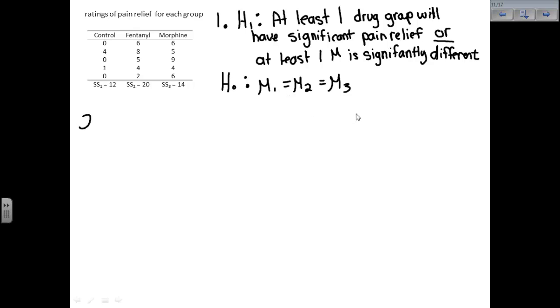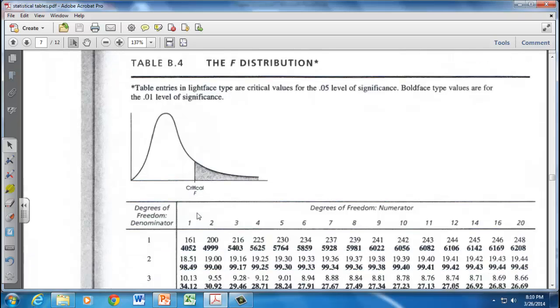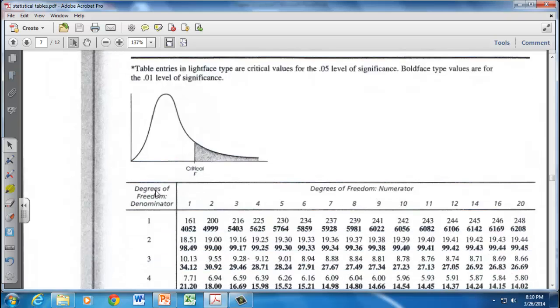Okay, step 2. We need to find F crit from the F distribution table. And remember, we are looking at an alpha level of 0.05 and 0.01. We're looking at the F table. You'll see degrees of freedom numerator, degrees of freedom denominator. Degrees of freedom numerator represents the numerator of the F statistic. And remember, the numerator of the F statistic, or the top of the fraction that you use to calculate F, is the between groups variance. So this represents degrees of freedom between, degrees of freedom denominator, the denominator of the F statistic, within groups variance,